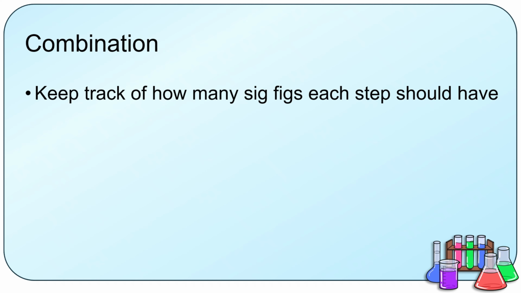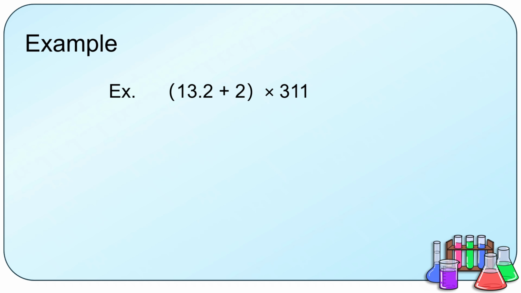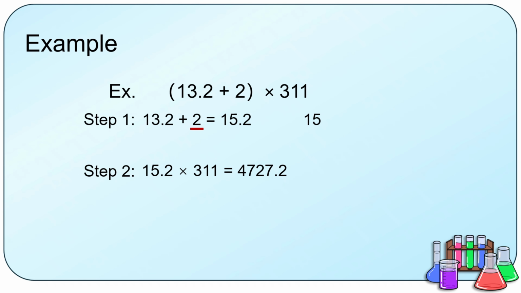The two key points here are to keep track of how many sig figs each step should have, and don't round until the end. Here's an example. For any math problem, remember to follow the order of operations. I'll start with the part in parentheses. 13.2 plus 2 equals 15.2. This is addition, so I want to compare the decimal places and go with the least number of decimal places. 2 has no decimal places, so I'll keep in mind that this step should round to 15, but I won't round just yet. Next, I'll do 15.2 times 311, which is